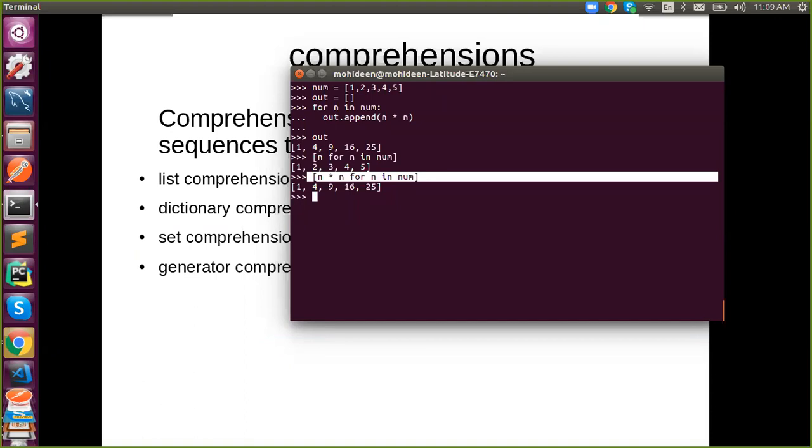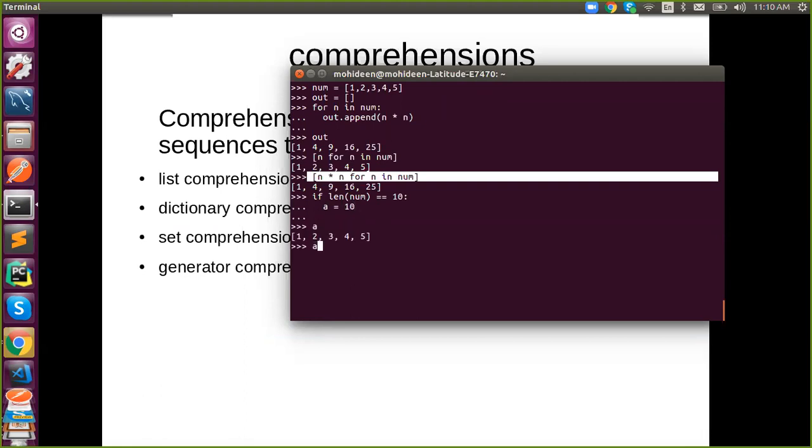Say, for example, we need to create a variable called a, depending upon a condition. If the length of num is 10, then you need to create a with 10.